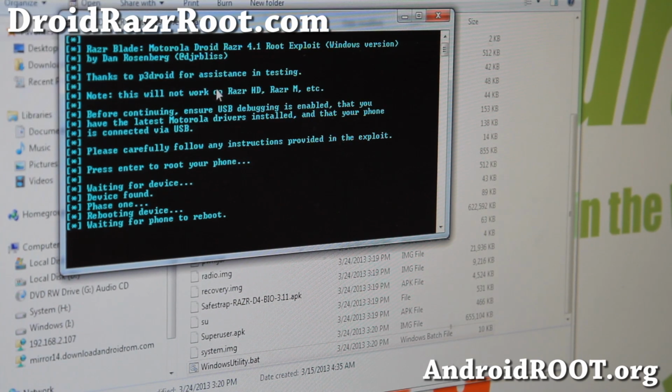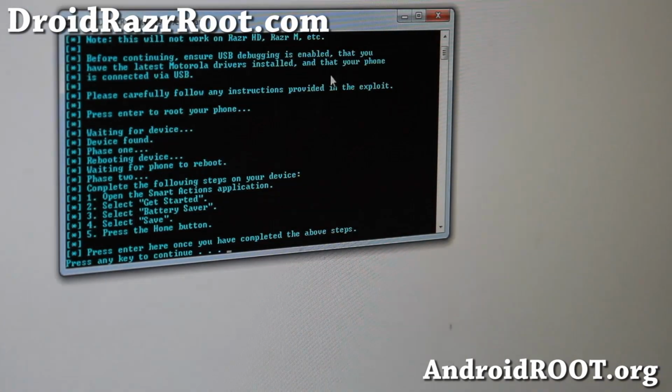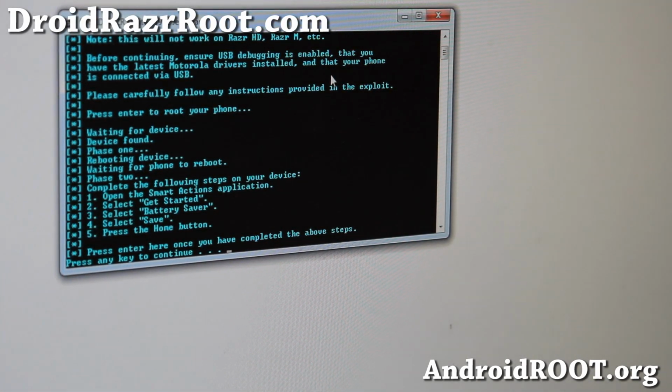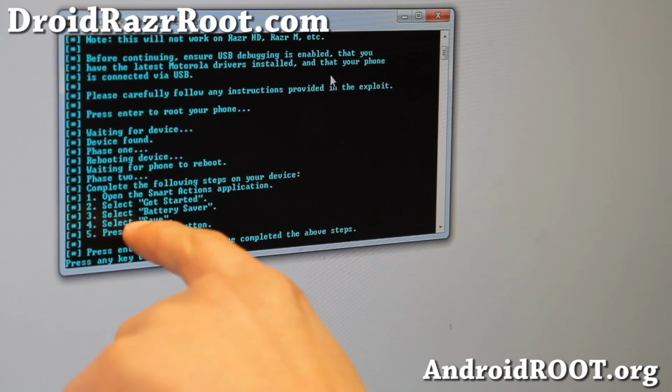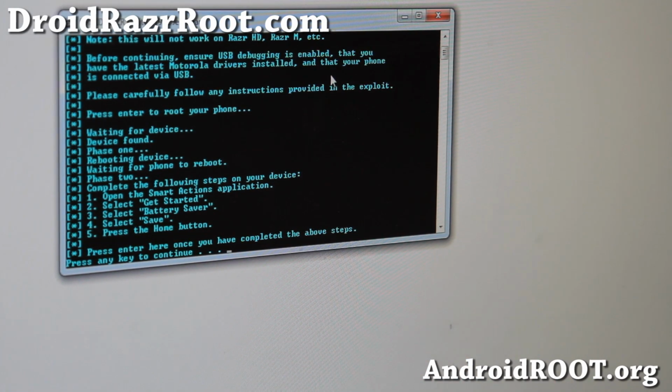Your phone should be rebooting now, and then you should have root pretty soon. And there we go. Just follow the instructions here. Open the Smart Actions application and select Get Started, select Battery Saver, Save, and hit the Home button. And then hit